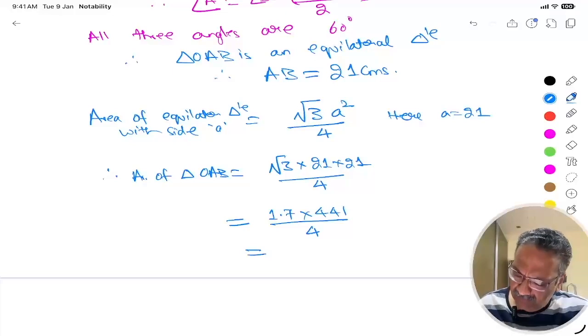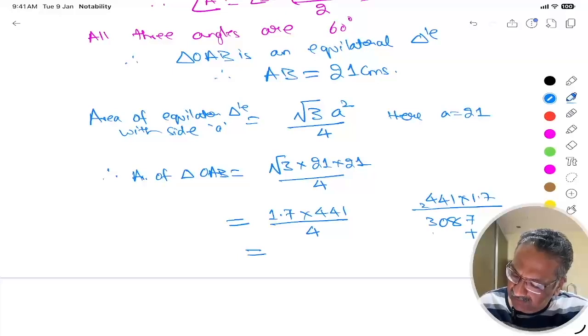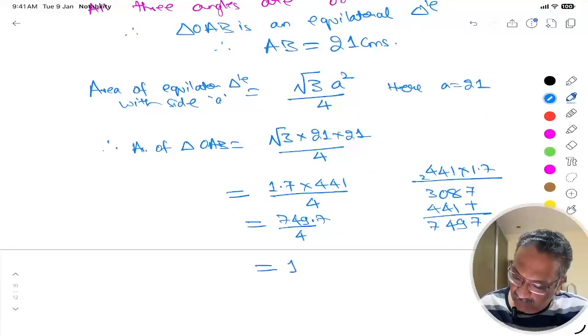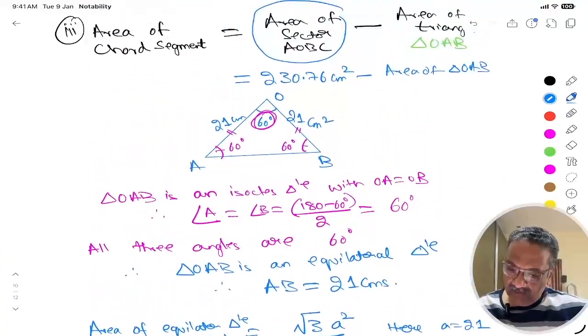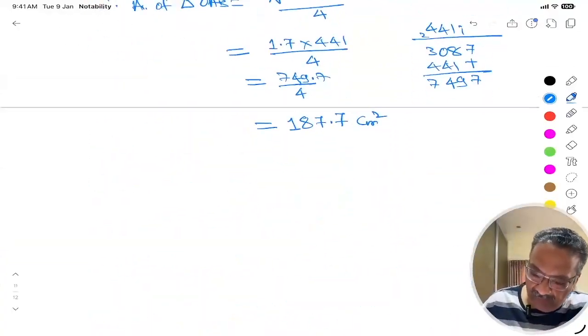Okay, so this will be roughly 441 into 1.7. 7 ones are 7, 28, 8 2 carry 30, plus 441, 749.7 divided by 4. This is equal to roughly 187.7. Okay, so we have got area of segment now is equal